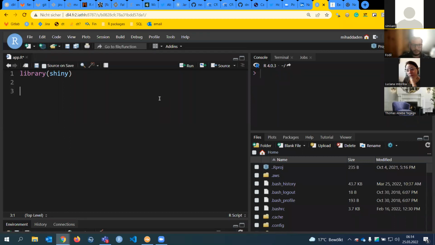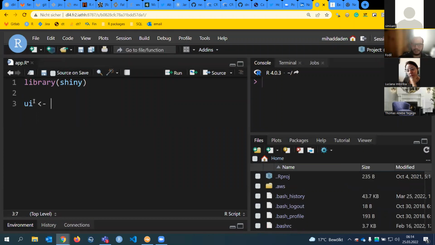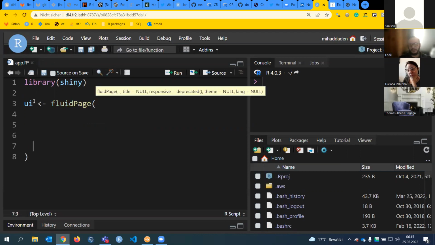So the first thing is we need to create an object called ui here. And this object, we assign it the result of a function. There are many functions, but generally in Shiny, we start with a function called fluidPage. This function, fluidPage, will provide us with a template, like a blank page.